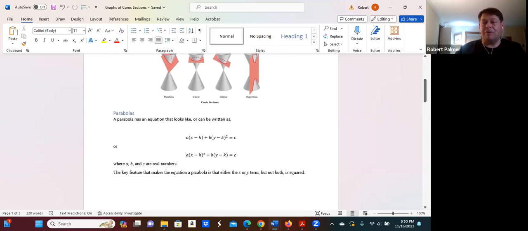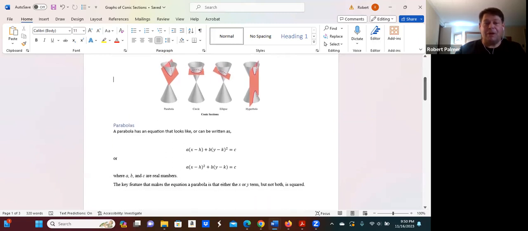Well, first off, let's start with a parabola. Remember, the parabola has an equation that can be written like this. It may not often be written like this, but it can be written in some way like this form. The key feature of a parabola is that either the x term or y term is squared, but not both at the same time. In this case, I have the y term squared, and the x term not squared, in the first power. In this case, the other way around, the x term is squared and the y is not squared. So if just one, either x or y term is squared, but not both, that's going to be